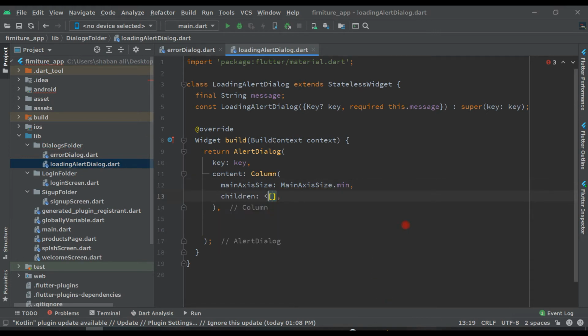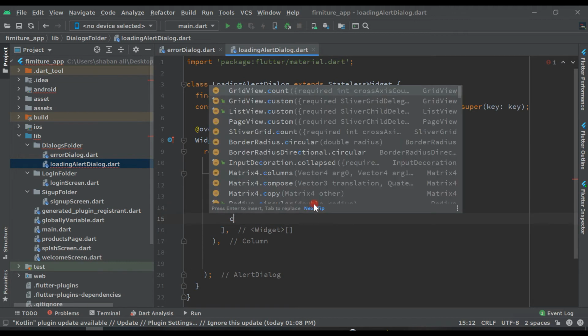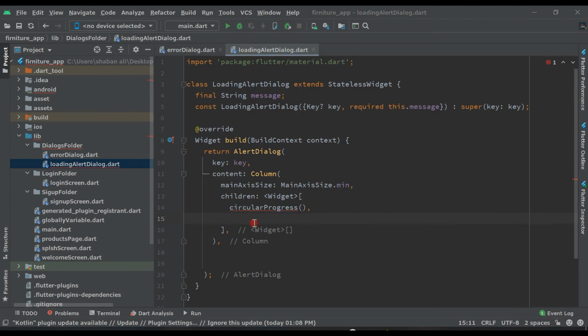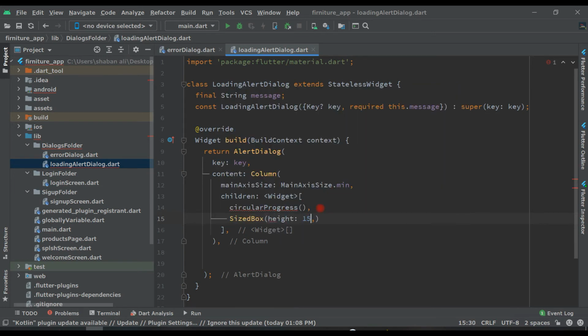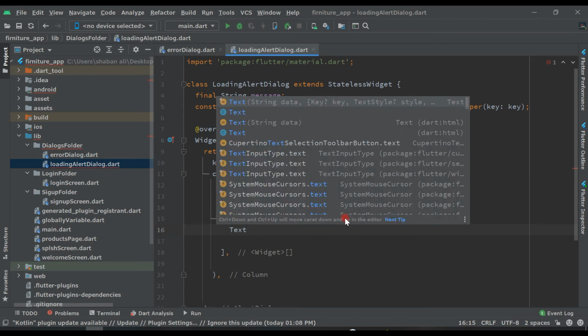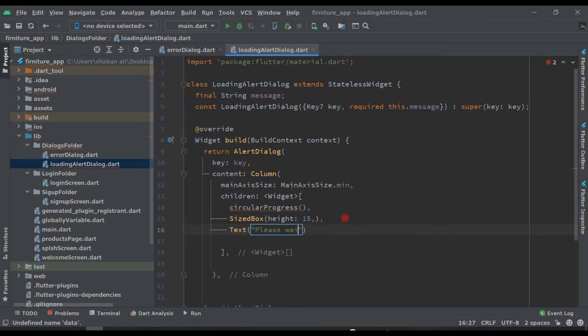Now children widgets, and inside this we will pass the circular progress class, and after that a SizedBox with height 15, and after the SizedBox directly a Text, which will be please wait, and a comma.